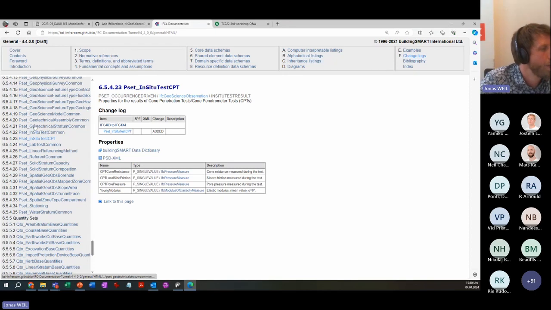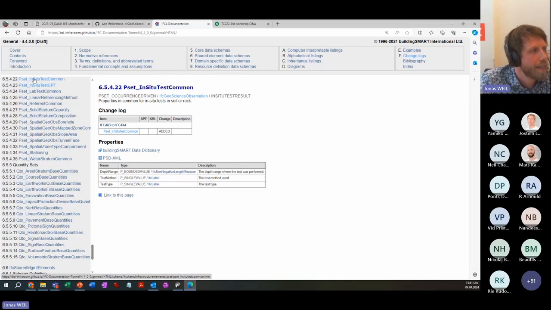And there will be a few more of such tests supported, but the intention is to leave this open because we cannot try to copy the data dictionary from AGS and include hundreds of tests and hundreds of properties for actual tests and so on. But we just provide the interface where this data and this information can be connected.